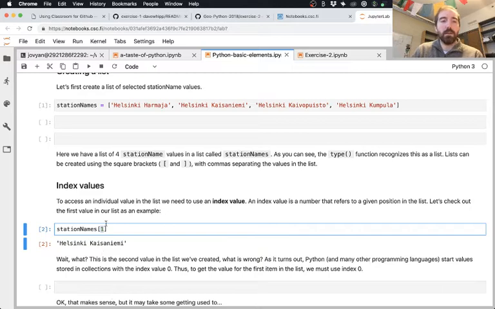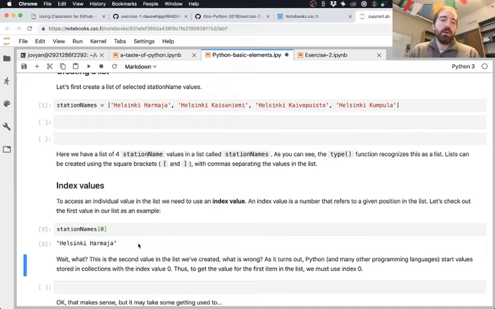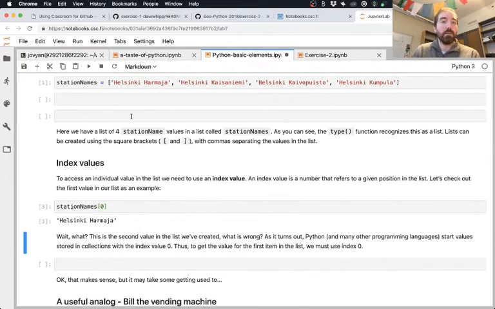So the first thing in the list here you might think would be station names 1. That's actually going to give you the second item in the list. Station names 0 would give you the first item in the list, because the index value or the address for each of those is 0, 1, 2, and 3.